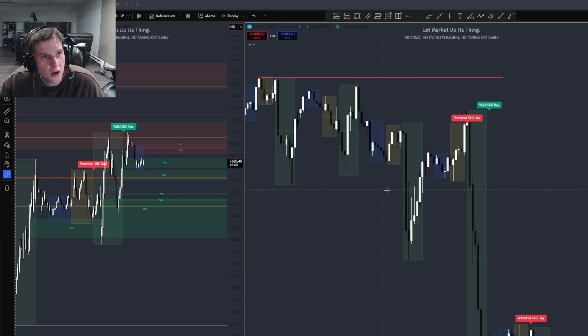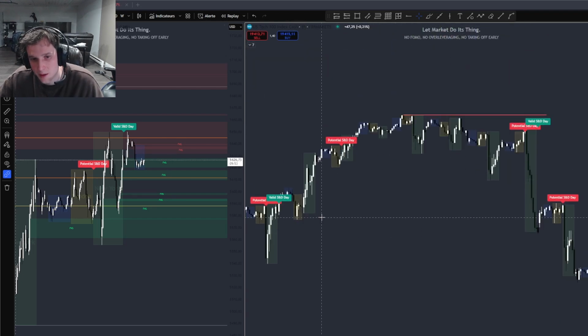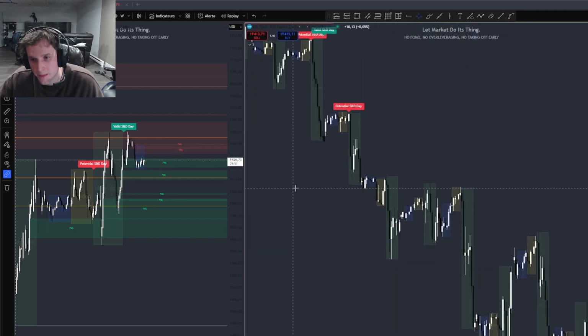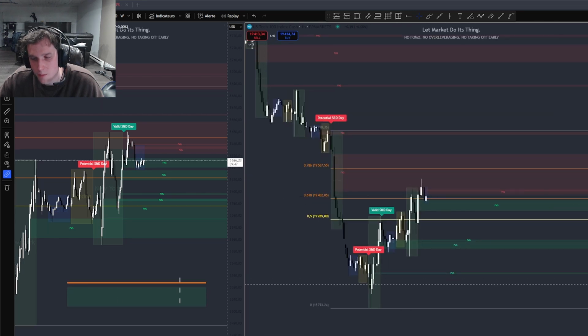So the draw on the 1 hour time frame here were these highs, but on the, I don't know, the daily time frame, it was probably this low here, right? And it took that, and it took it big time. It might have even been this low. So what I'm really trying to say here, guys, is